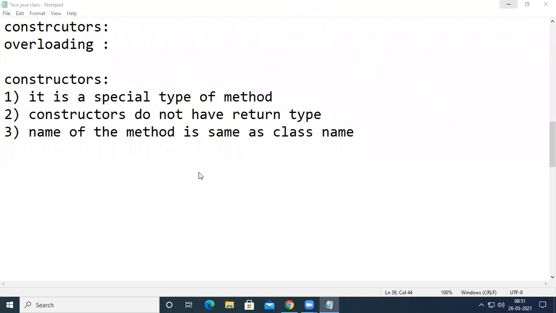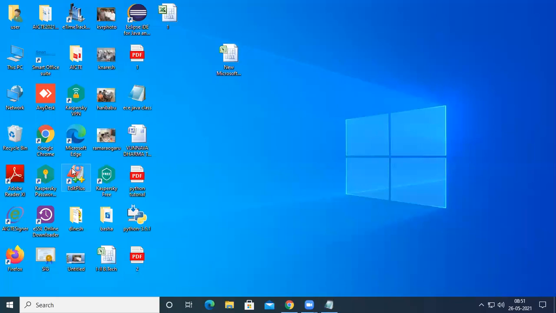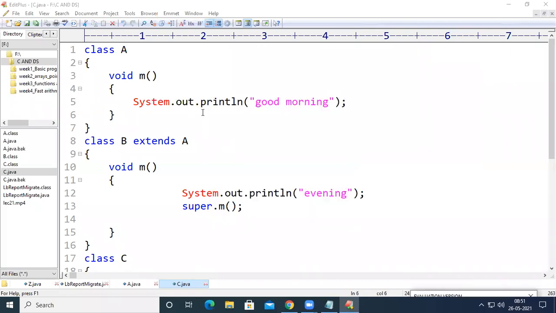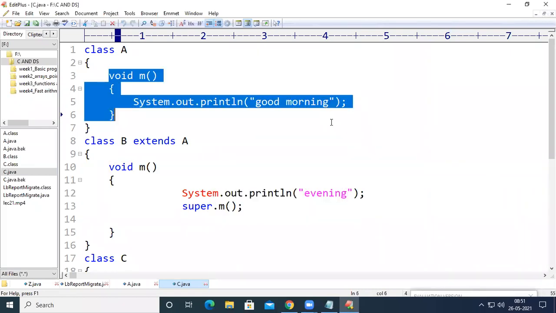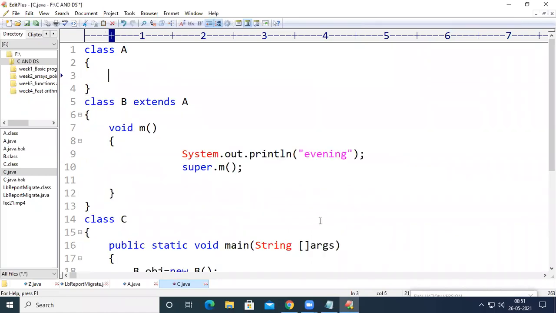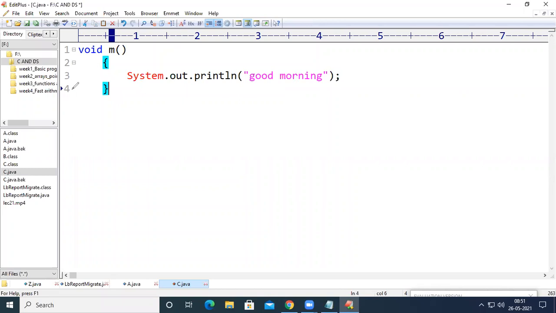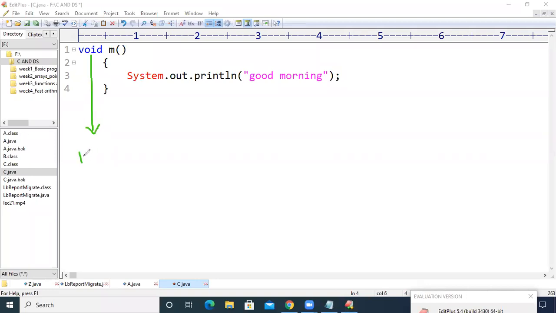Let us work with the programming parallelly. See here, if you observe this method, I'm deleting the entire part of the program apart from this method. There are 4 parts in this method. The first one is the return type of the method.